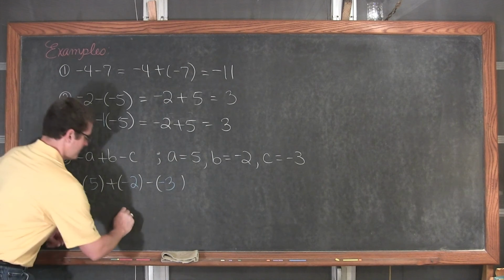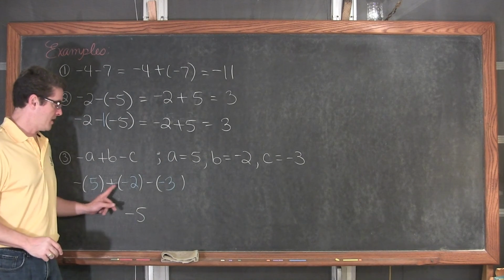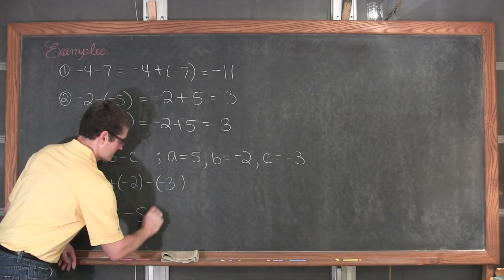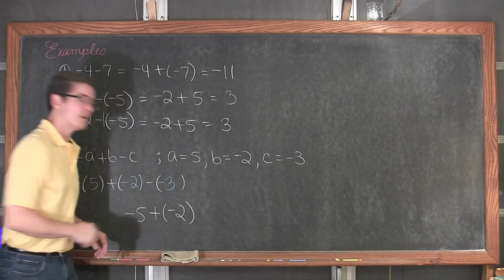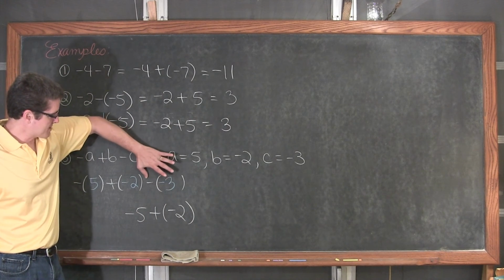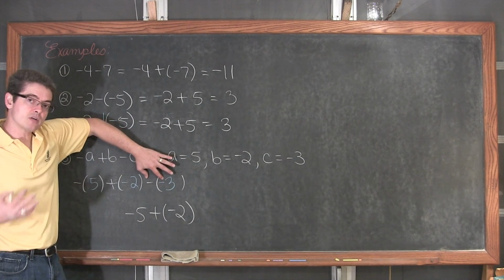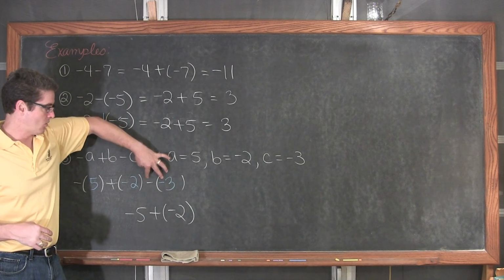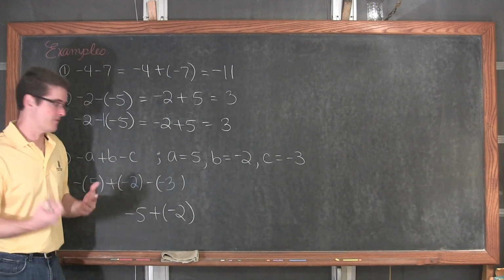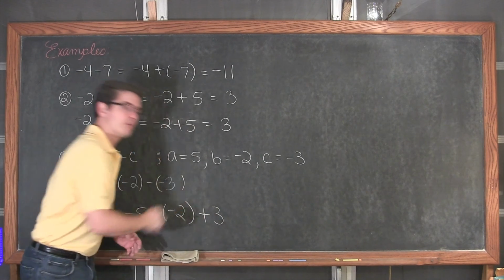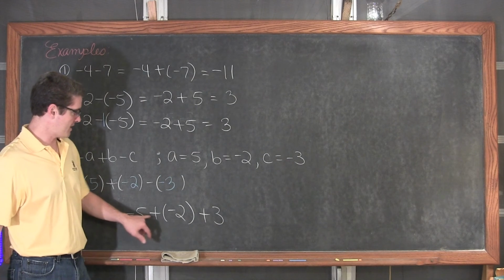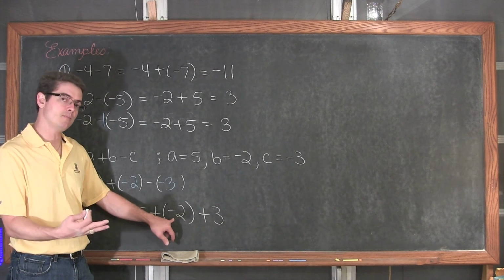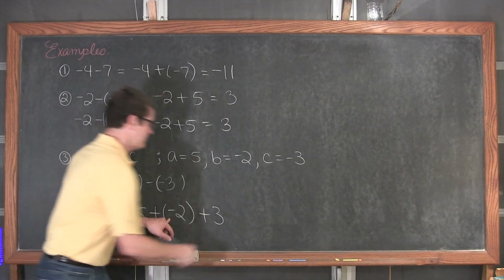Well, we have negative 5, and you can write plus negative 2 or minus 2, whatever you like. I'm going to write plus negative. And we're subtracting by a negative number, so I can change that subtraction to addition and add the opposite number. Or I can think of negative times negative as positive. Either way, it's plus 3. Now I have negative 5 plus negative 2. I'm combining numbers with the same sign, so I want to add those numbers and keep the sign. So that's going to be negative 7